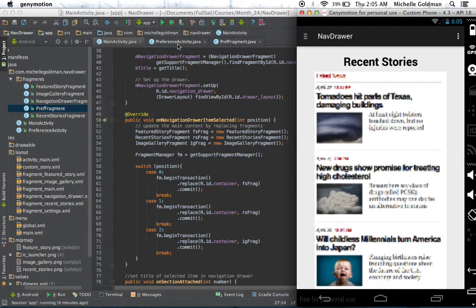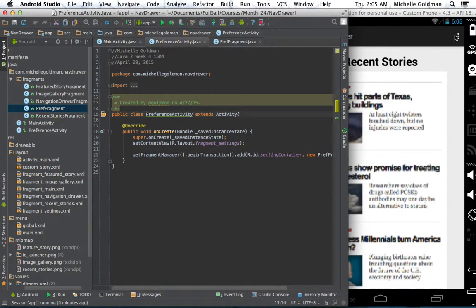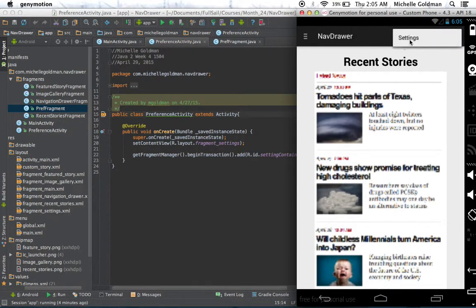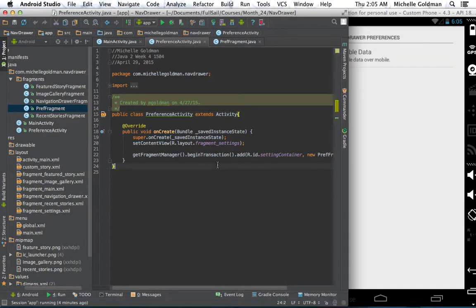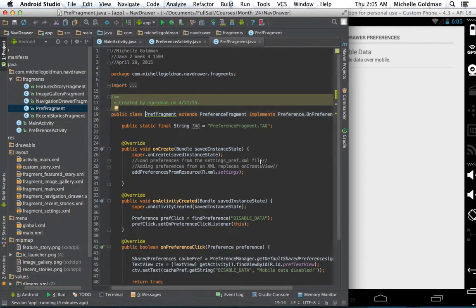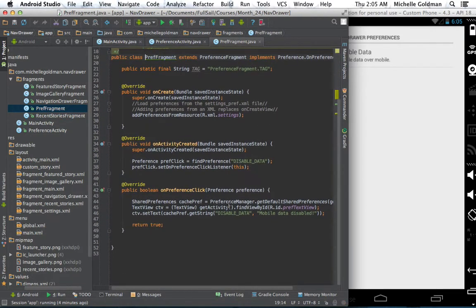Of course, we've got our preference activity, which is what's controlling the settings here to disable that data over mobile. And the activity just calls the fragment, and then the preference fragment, this is where we just set that